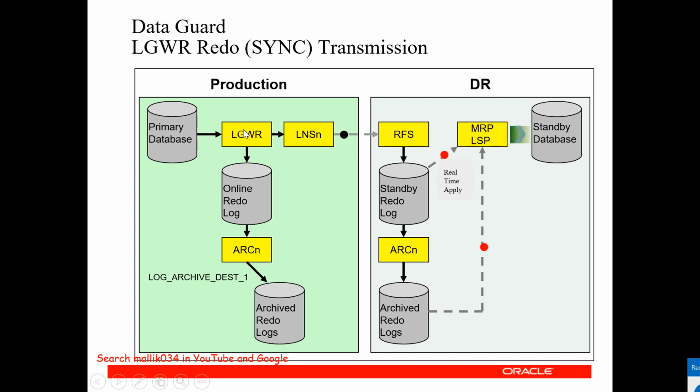So this production database, now what happens, it has to wait until the acknowledgement, until the standby redo logs are written. This production database is going to wait, and then the moment the writing to this standby redo logs is complete, it will send the acknowledgement back to your production database, and then production database will continue to work. That is synchronous, means you are writing both production redo logs and standby redo logs at the same time. So this is a synchronous transmission.